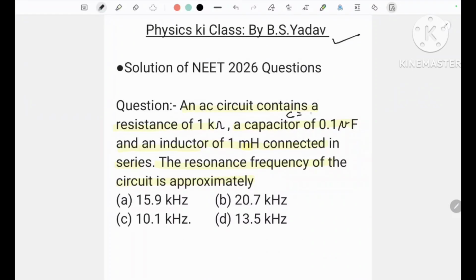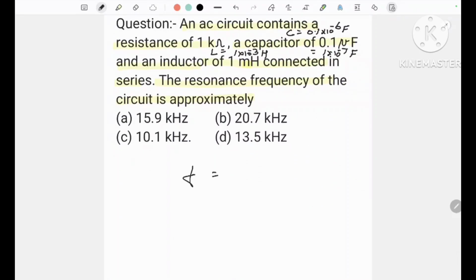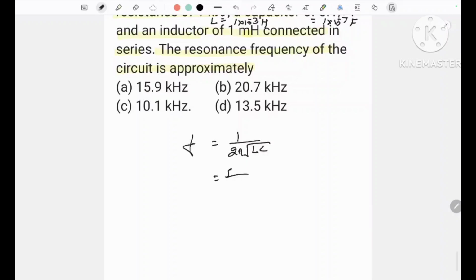Capacitance C is 0.1 into 10 to the power minus 6 farad, or 1 into 10 to the power minus 7 farad, and inductance L is 1 into 10 to the power minus 3 henry. Resonance frequency f is 1 upon 2 pi under root LC, which is 1 upon 2 pi, under root of L is 10 to the power minus 3 and C is 10 to the power minus 7, so 1 upon 2 pi into 10 to the power minus 5, or 10 to the power 5 by 2 pi